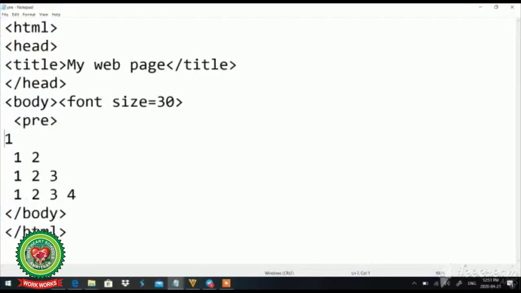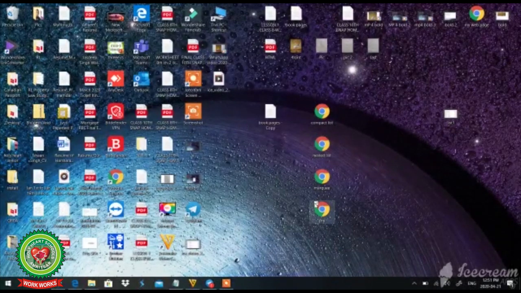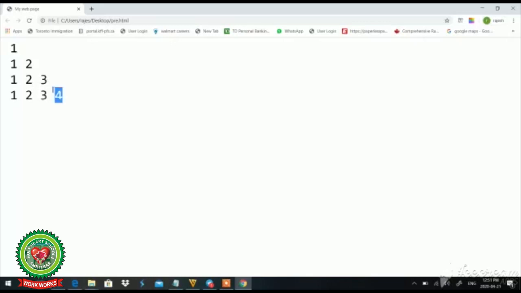I have opened the tag pre, I typed my pattern, then I'll close it. So the syntax of it is pre, type the pattern and close it. I have opened it and closed it, so it is also a container tag. Now see the output of it. See, now my pattern is visible according to my requirement.